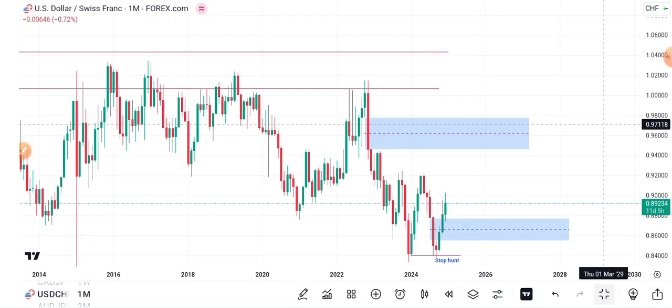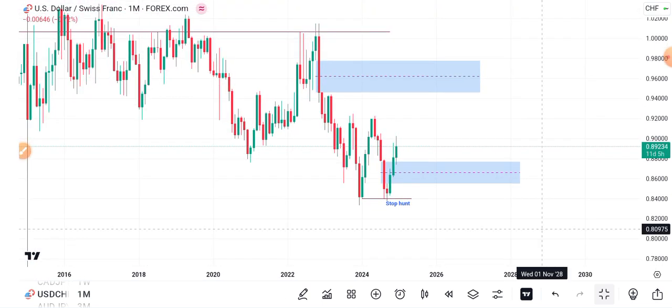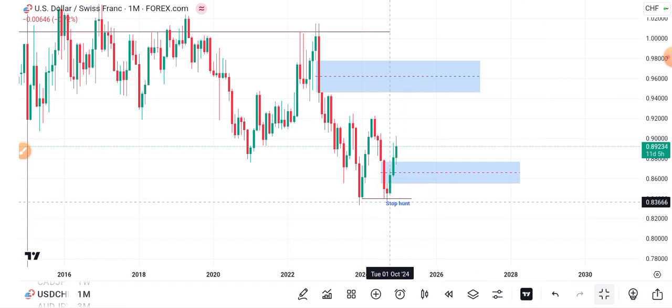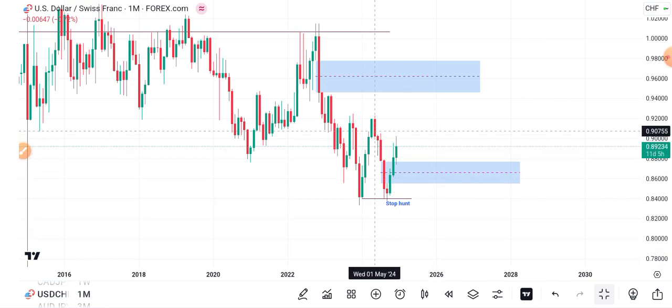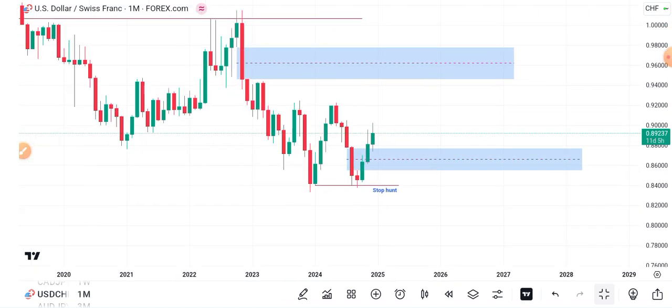Following the fall of price from this fair value gap, another fair value gap on the monthly time frame has been formed. Price traded down and down and down. But then I'm concerned mostly about this, how price begins to drive higher from here. I'm concerned about this price action here. So what can we see?